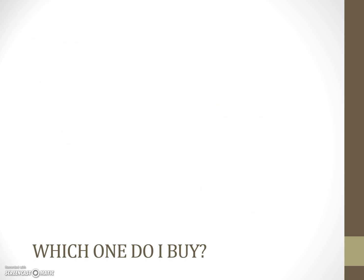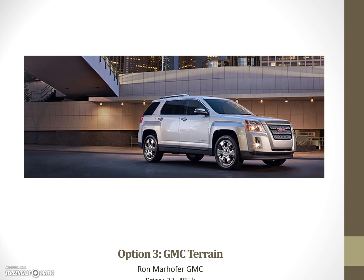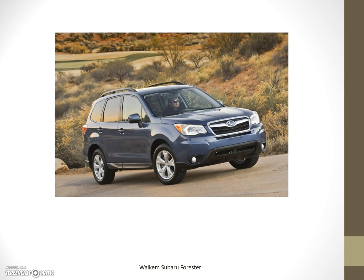So the question on the table is, which one do I buy? And what we would do is we would sit down and basically make a chart of Amy's top 5 priorities and then rank each one on where they fall in the priority chain. One of the things to notice is that even though price is one of my biggest priorities, it's not my top priority. I told you the story of my accident because for me, the question comes down to now, here